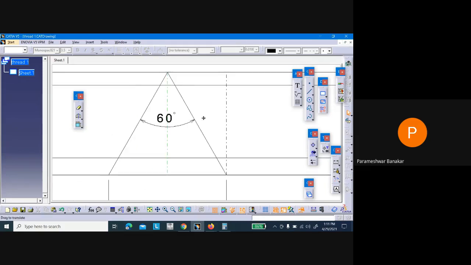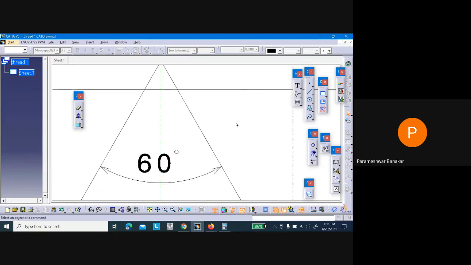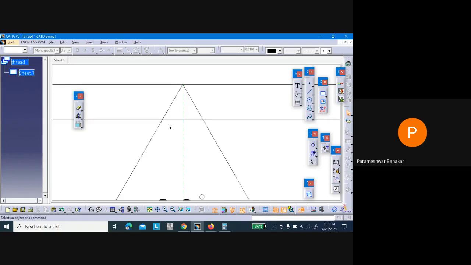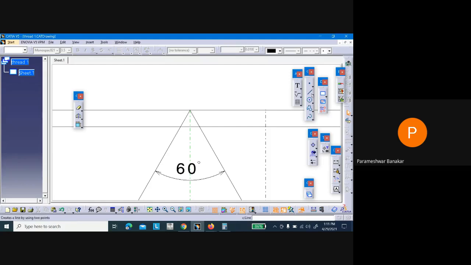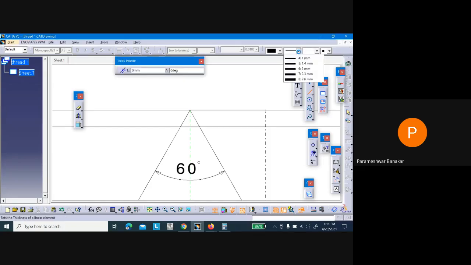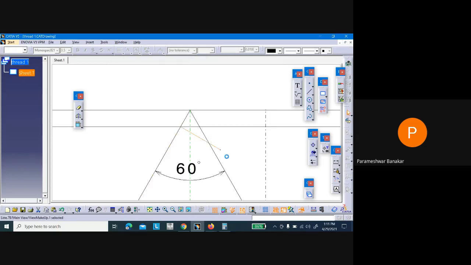Here you are supposed to create an arc. How to do that? First we need to select a line. Now you can see this flank is intersecting with this horizontal line above.